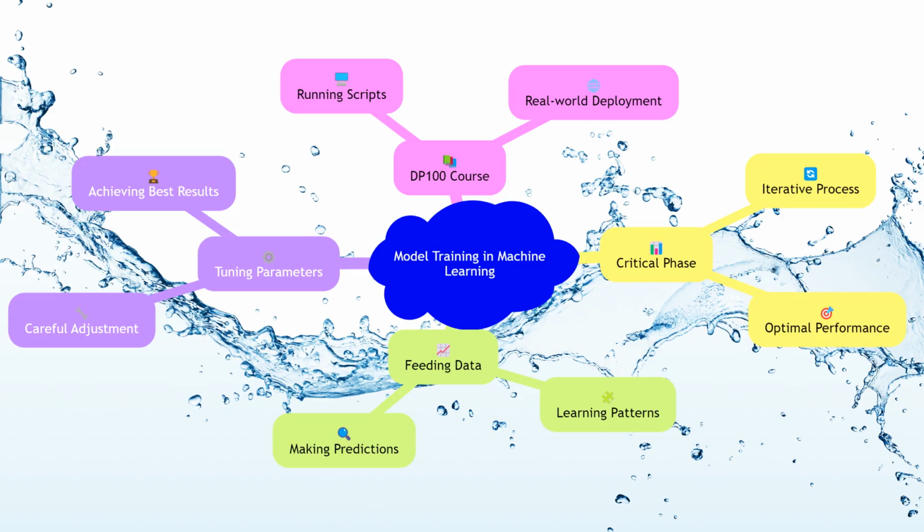Model training is a critical phase in the machine learning lifecycle. It involves feeding data into an algorithm to help it learn patterns and make predictions. This process is iterative and requires careful tuning of parameters to achieve optimal performance. In the DP100 course, running model training scripts is a key skill that prepares you for deploying models in real-world